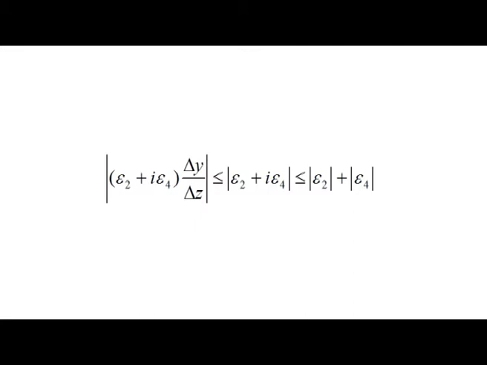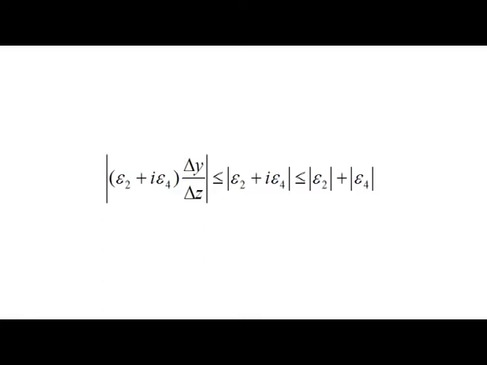Again we have delta y by delta z is less than or equal to 1. This I can write as less than or equal to modulus of epsilon 2 plus i epsilon 4, which is again less than or equal to mod epsilon 2 plus